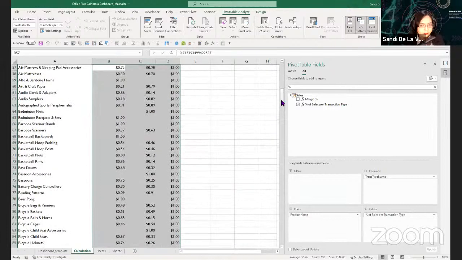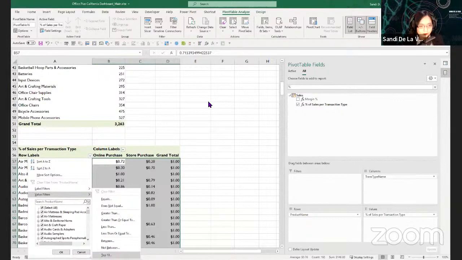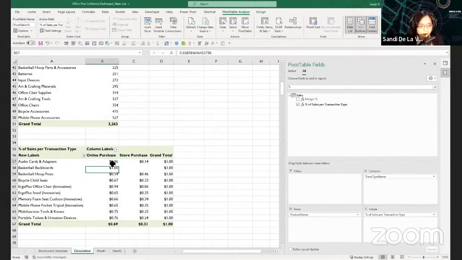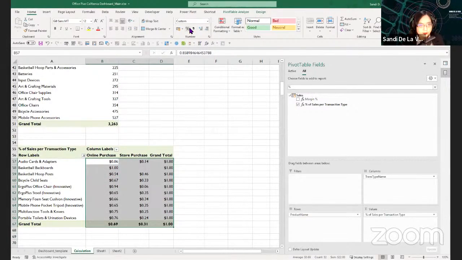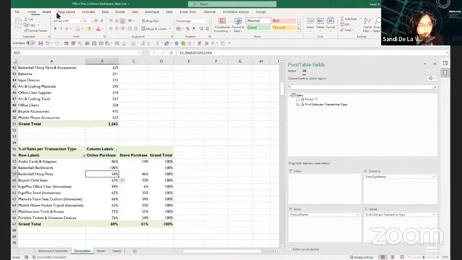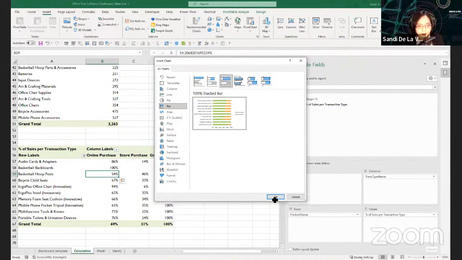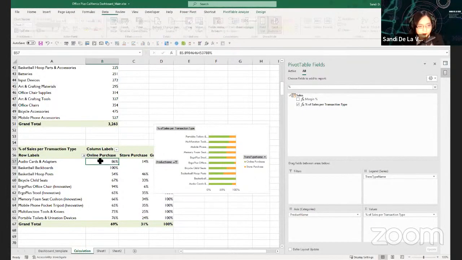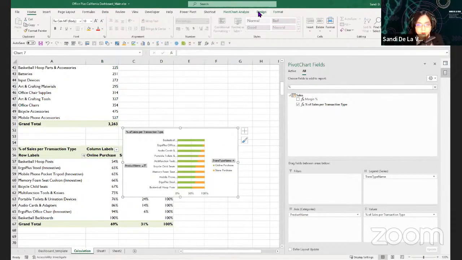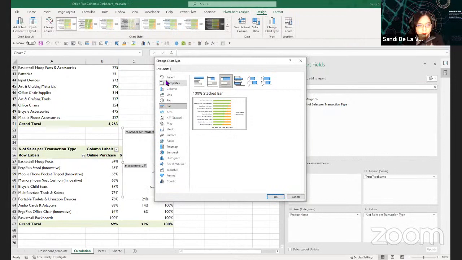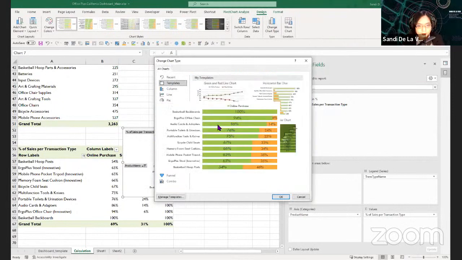Let's see, should be top 10. Total sales, there. Change this format to percentage. Then create our horizontal stacked bar chart, 100%. So you will have this. Sort by smallest to largest. Then use our design provided in the template, the multiple stacked bar chart template.